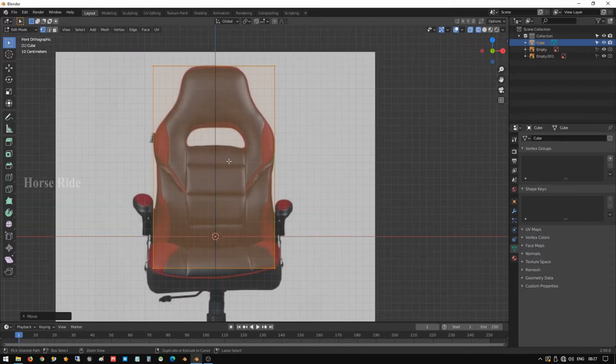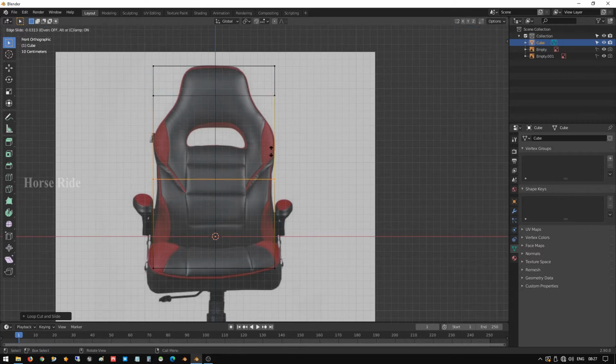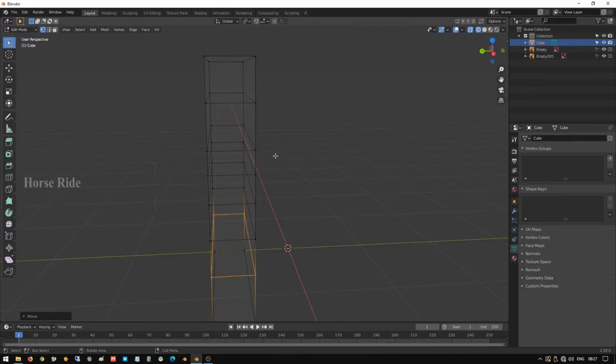Go to front view and create one edge here, and create one more edge here, and one more here, and one more here, one more here, and one more here. Okay, we have created several loop cuts which are required for us.